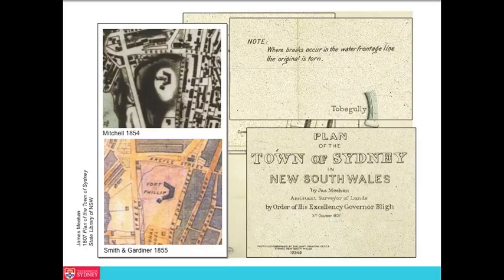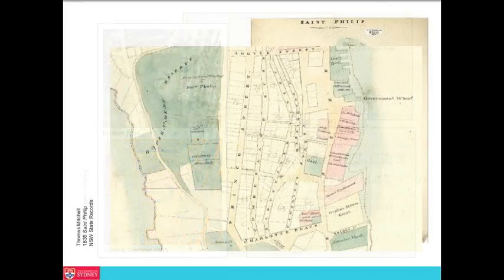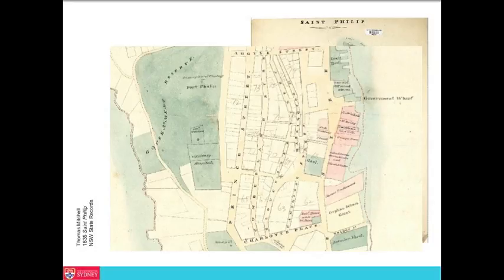The other map she uses to illustrate the change and development in the rocks is this map, which is a parish map of St Philip. It comes with enormous authority. It's signed by Thomas Mitchell and issued on the 27th of March 1834. But of course, this is a cadastral map. It's a map of land ownership. It doesn't show buildings. It doesn't show development in any way. It's not the kind of map that actually gives you a document which tells you about progress and change and